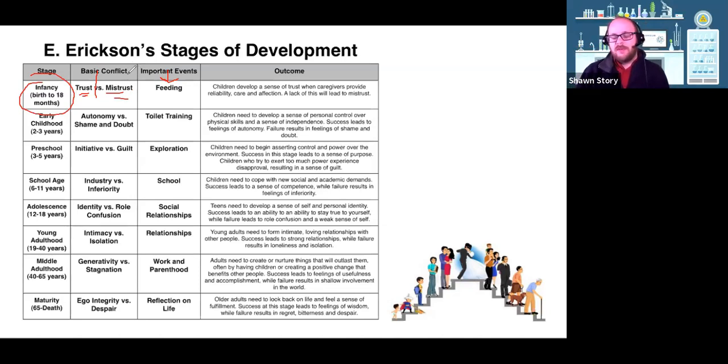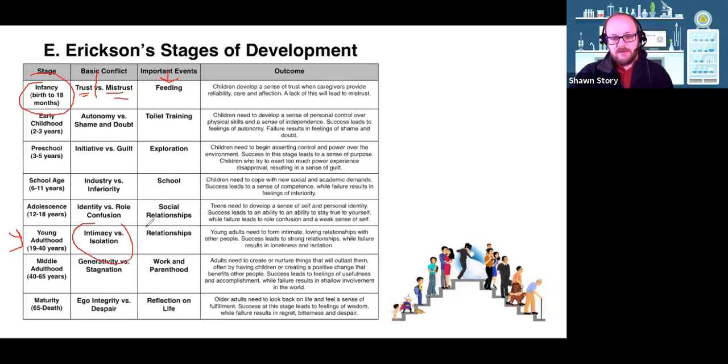We see a lot of this in what's called detachment disorder, where individuals were not nurtured as babies, and they overall have this feeling of, I don't trust people, I don't trust the things around me because I wasn't taken care of as a child. Jumping to young adults, where a lot of us are, he says we're in this stage